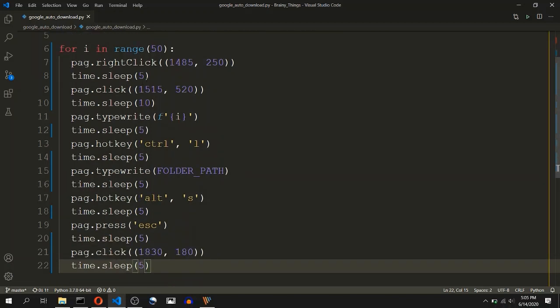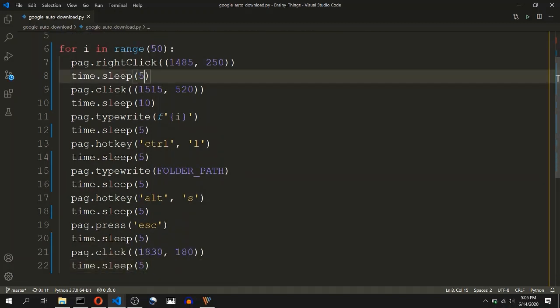So after each step we will wait for 5 seconds, and after clicking on this save as button, we will wait for 10 seconds. We will reduce this time once we demonstrate this.